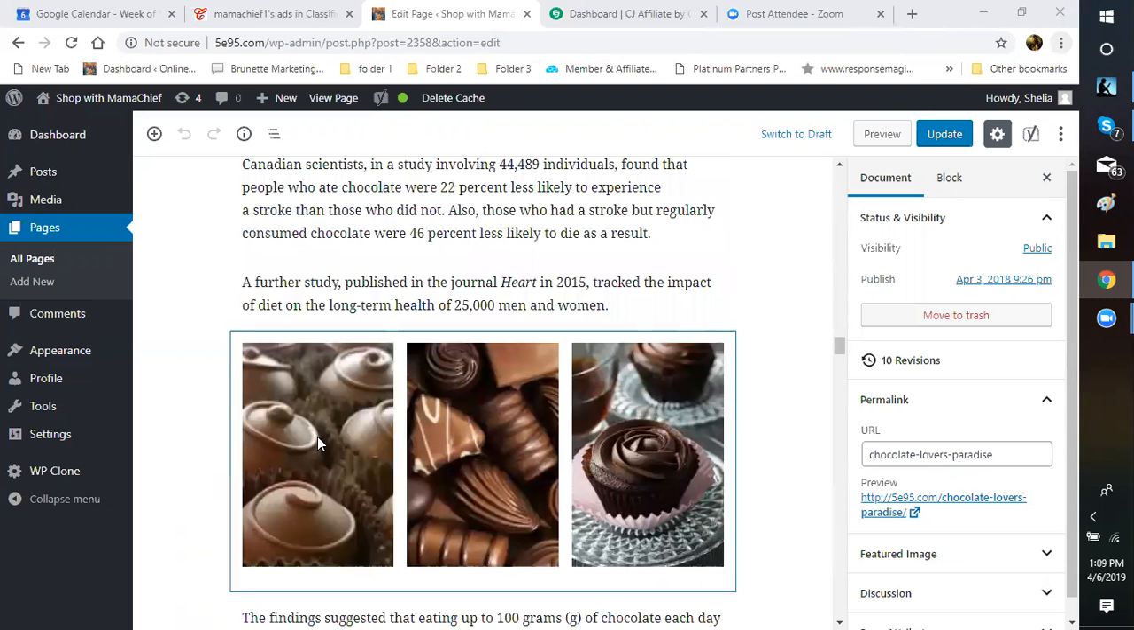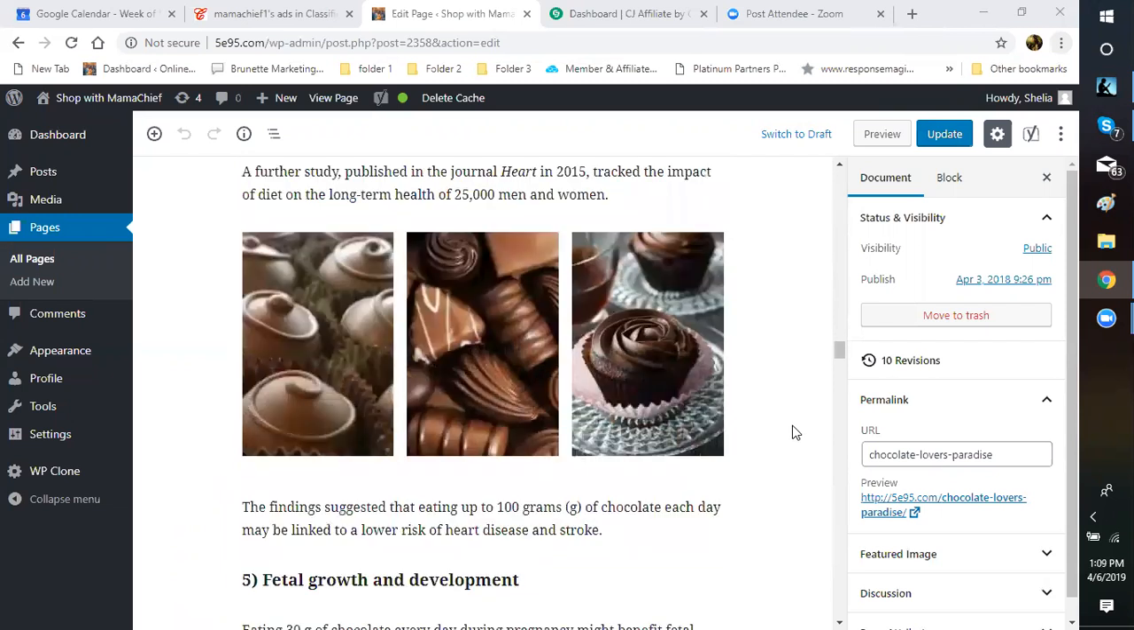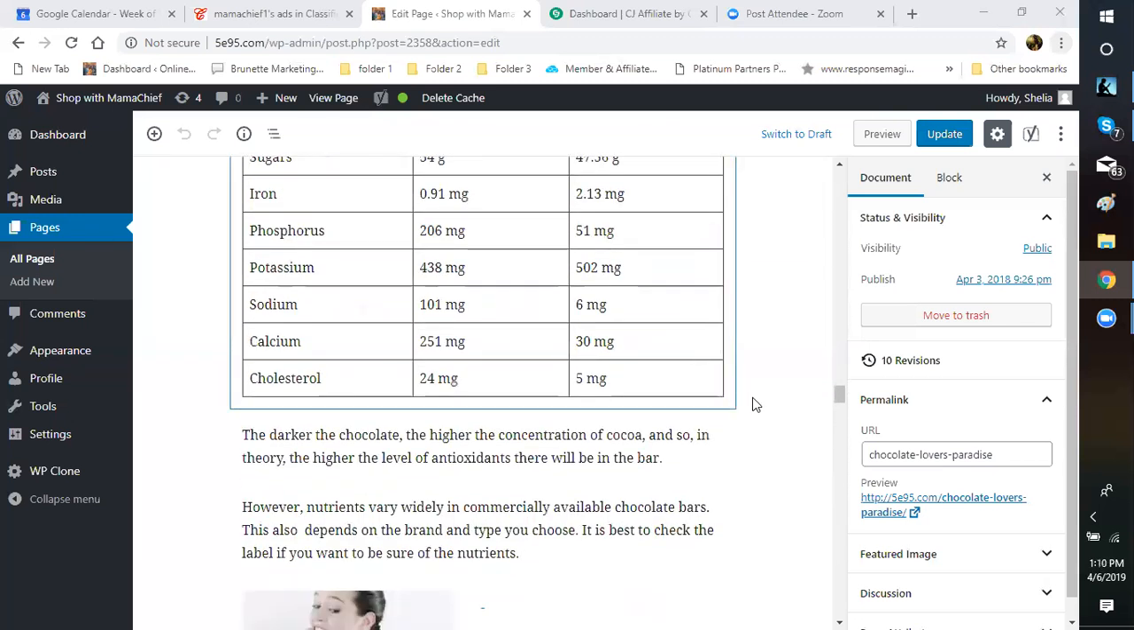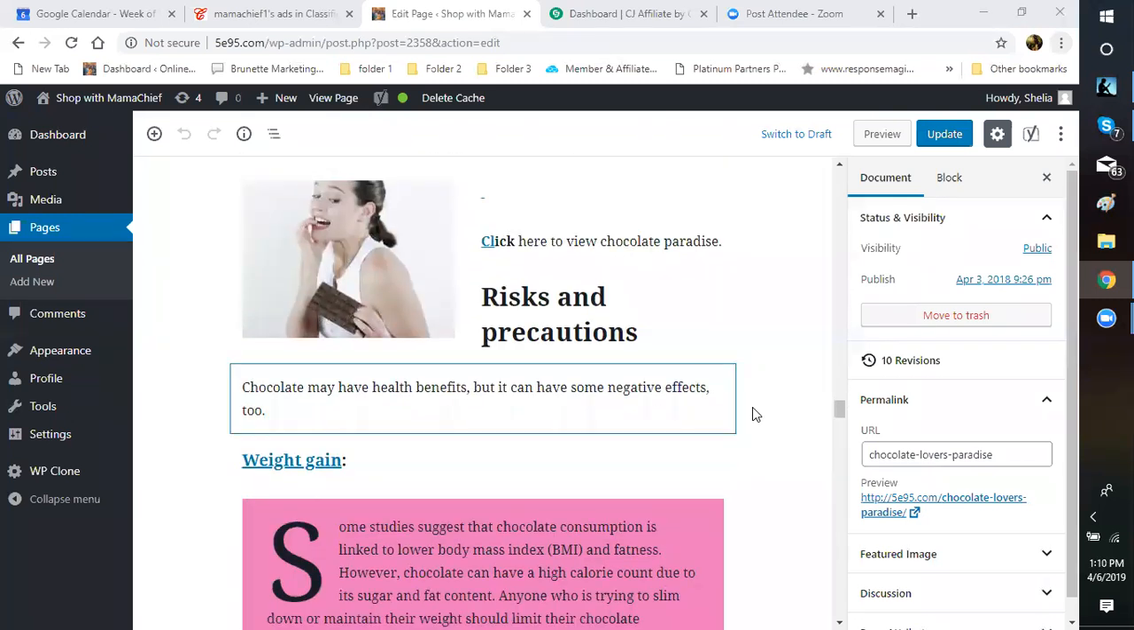So that's how you can use the columns right there. And you can actually use the gallery. I think I used the gallery. I cropped the pictures so that they're all symmetrical. This is just some information I copied straight out of, I can't even remember where I got it from, but